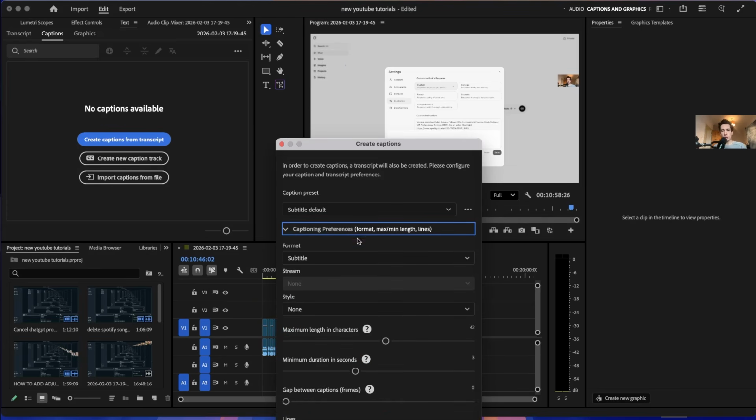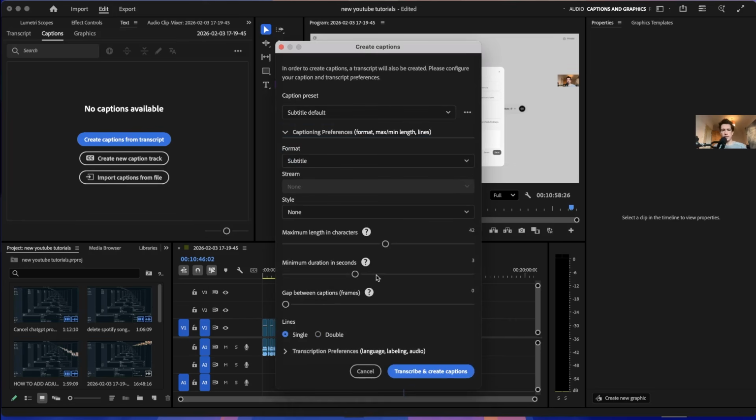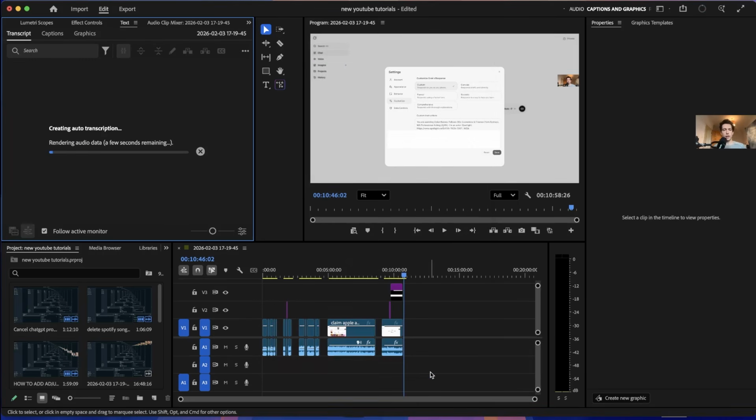I'm going to change my caption preferences because I would like the captions to be single lines. I would like them to have a maximum length of, let's say, 60 characters. And I don't mind a minimum second of 3. That's pretty good. So that's all about adjusting the speed of the captions. You can also change to have single or double lines. I like single. I'm going to transcribe and create those captions,